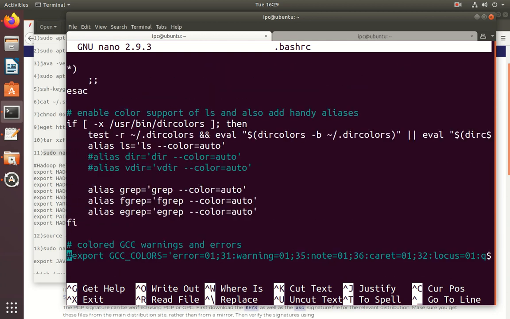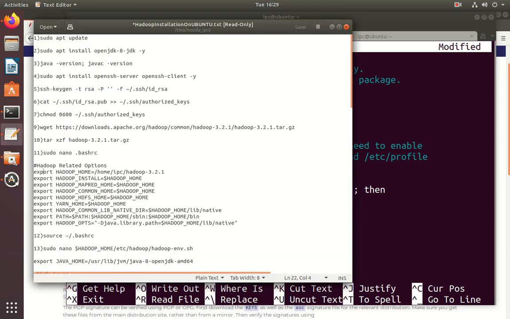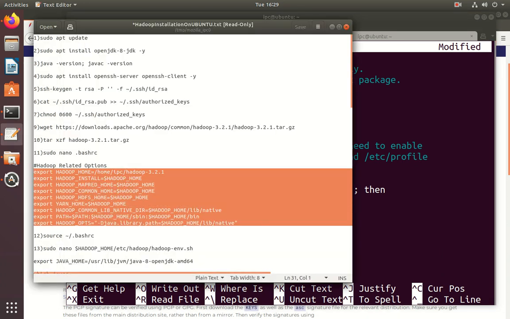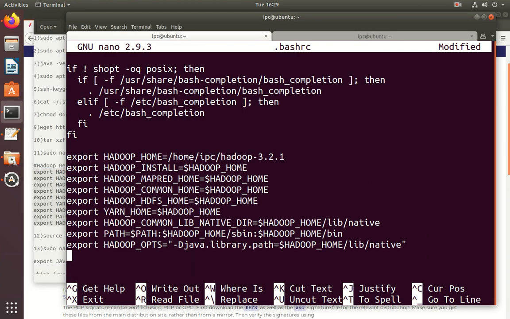In this configuration file we store the Hadoop path. Here is the Hadoop home, see where it is located.